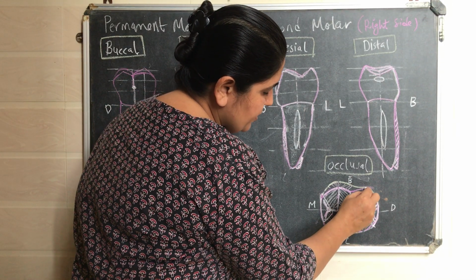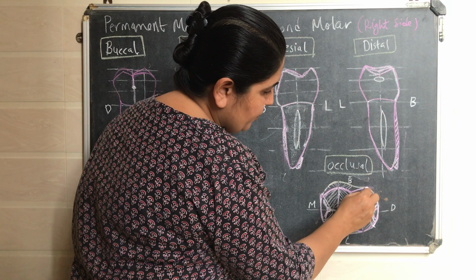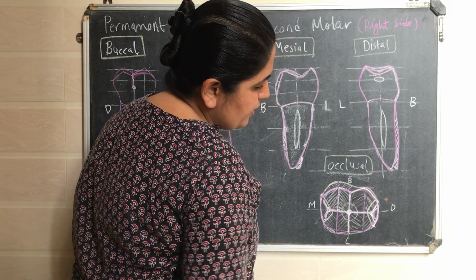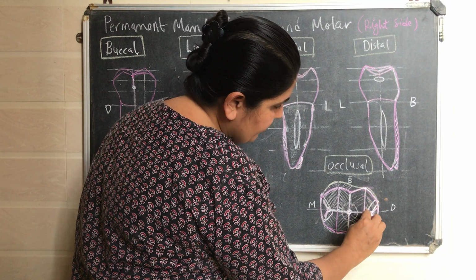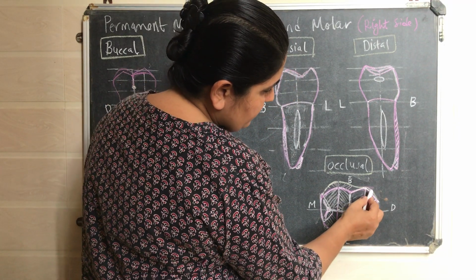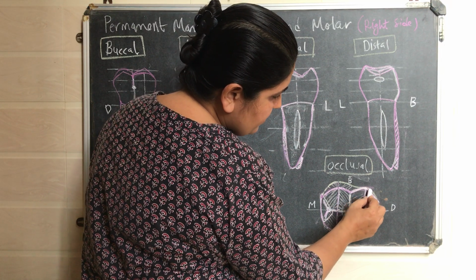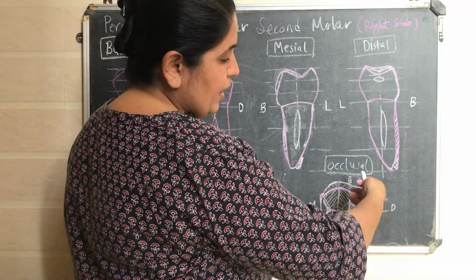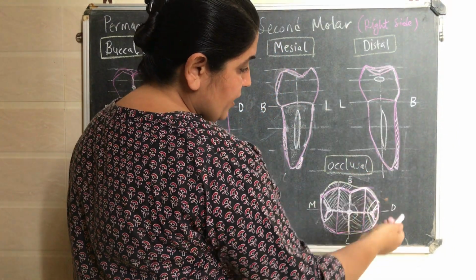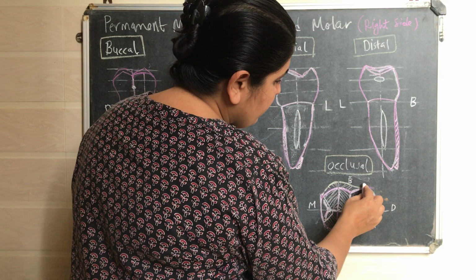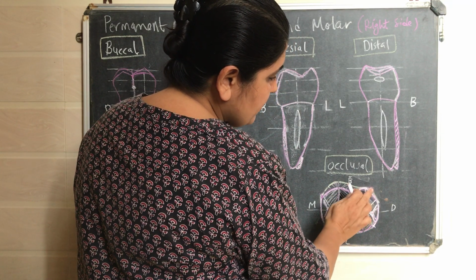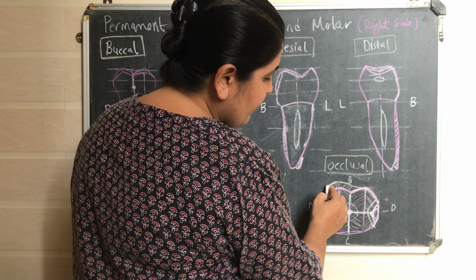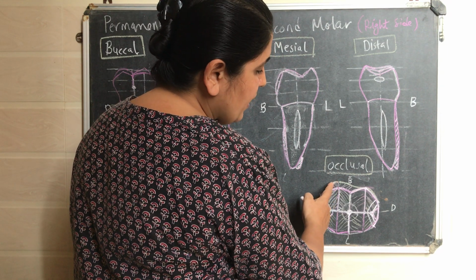Likewise, this is the distobuccal cusp. This is the tip of the distobuccal cusp, and these are the cuspal ridges of the distobuccal cusp going in different directions. This is the mesial cusp ridge, this is the distal cusp ridge, this is the triangular ridge, and on the buccal surface there will be the buccal ridge. But less of the buccal surface is visible on the distobuccal side. More of the buccal surface is visible on the mesiobuccal side.